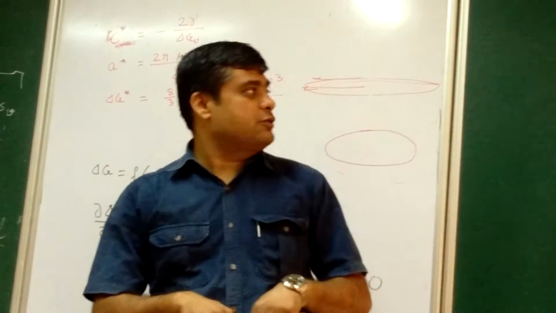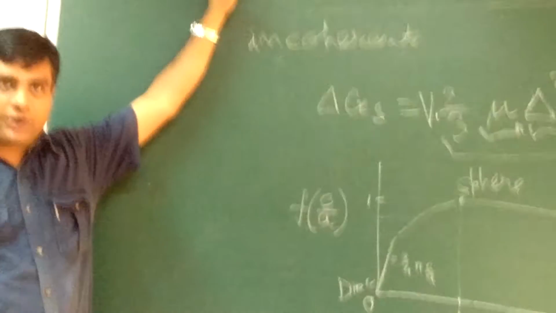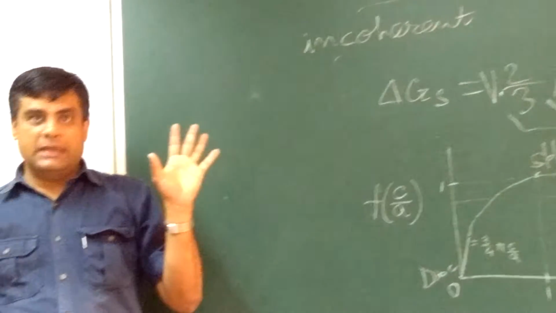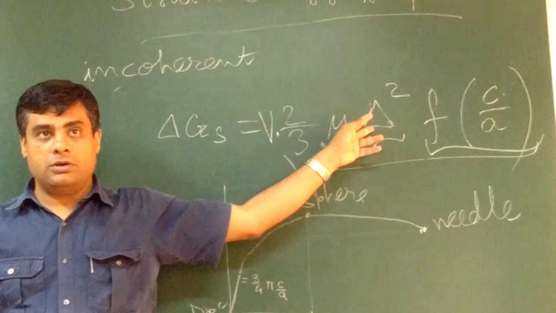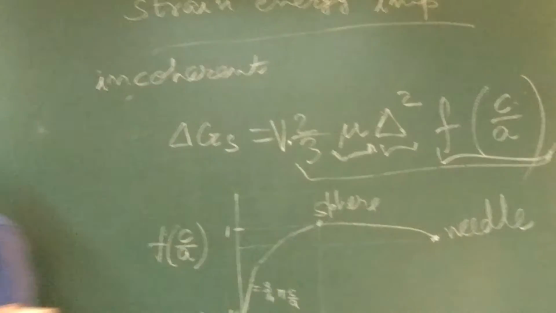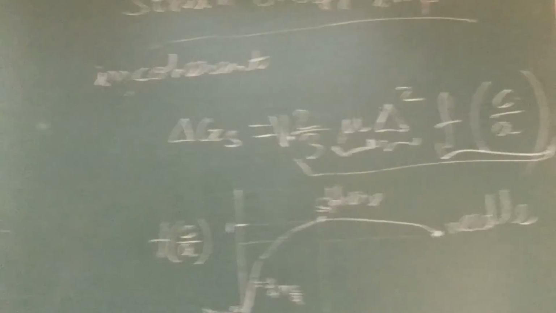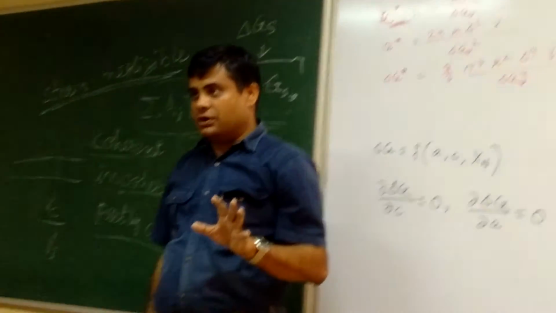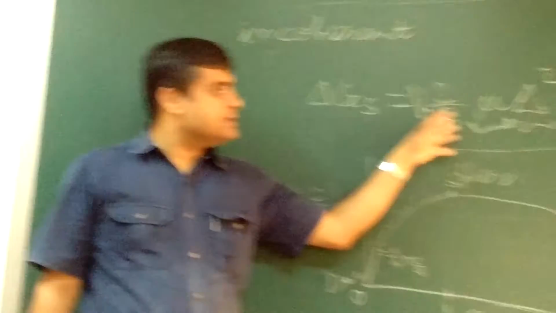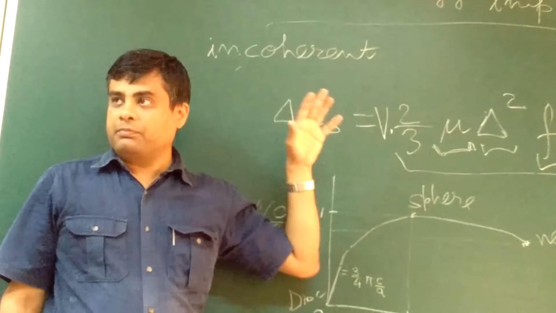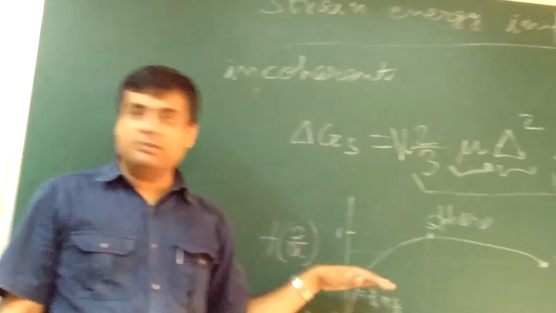So if it is an incoherent precipitate and strain energy is important, then it is more like a disc shape. If your delta now is very small, if your misfit strain is small, then delta GS part is not coming into picture, then only this, then it will become sphere. But in most of the cases it is not the case. There will be some volumetric misfit, and to make the strain energy lower, it will be of disc shape.